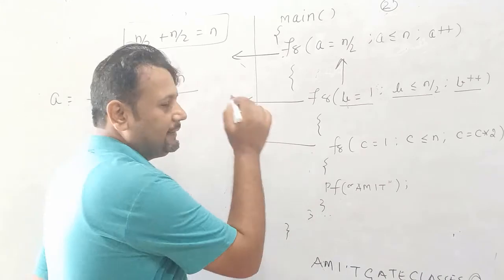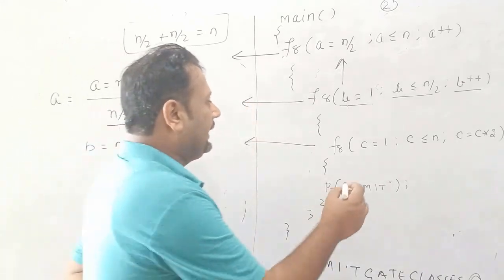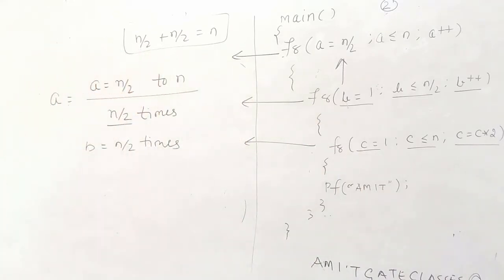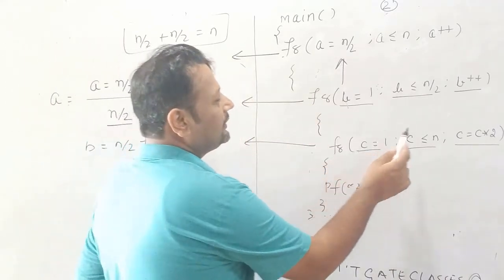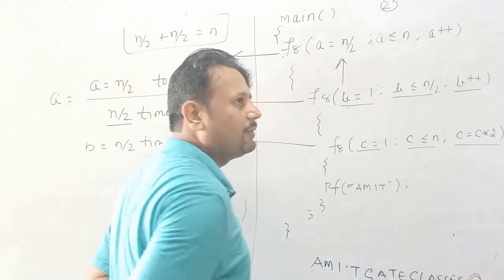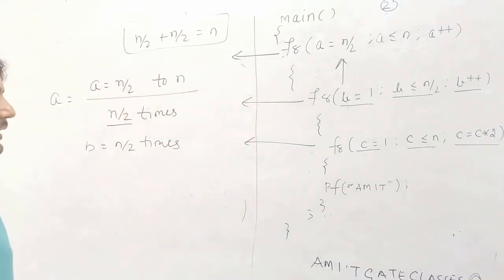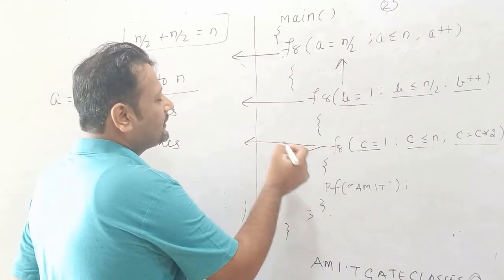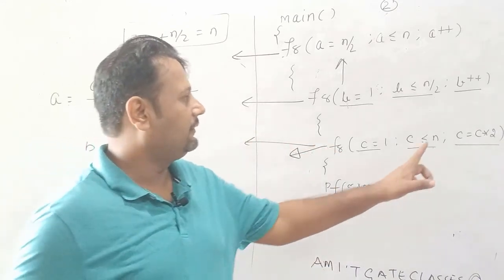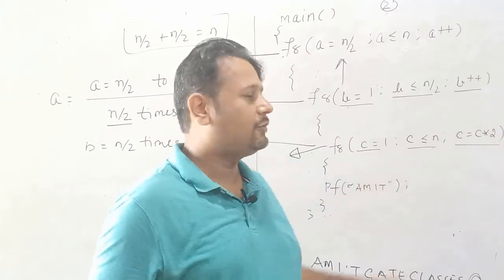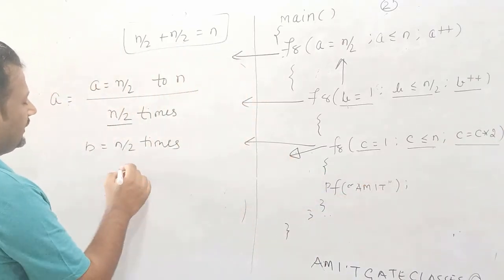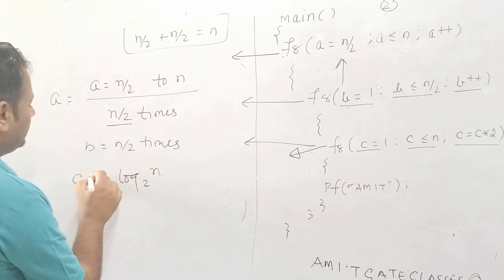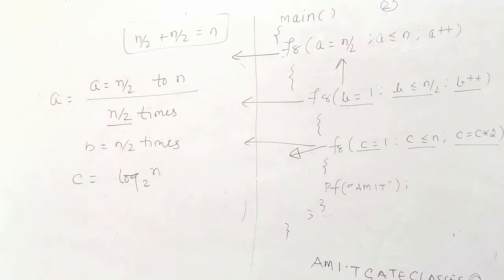Now think about C, the third loop. First of all, is this third loop dependent on any of the outer loops? No, because starting with 1, it is going up to n. The value of c is going to be modified by multiplication of 2. And you are very clear about how to calculate the complexity of such a problem. Whenever the value of c is multiplied by 2, you can easily say the complexity of the third loop is log n base 2. So the C loop is going to run these many times.